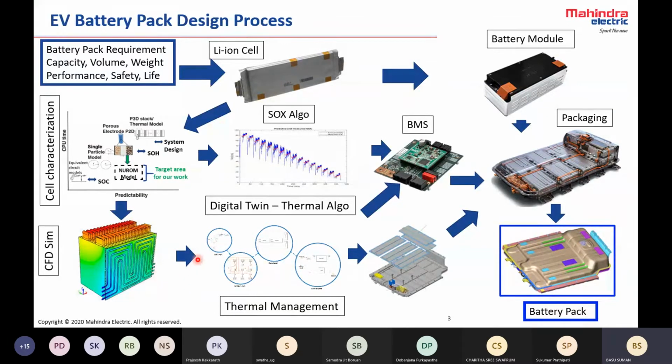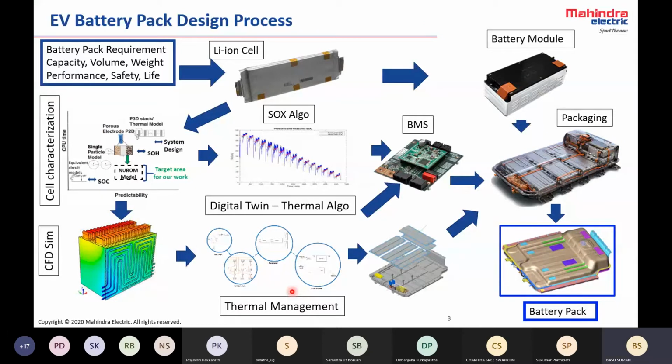So considering that these are the constraints, what we do is we make a digital twin to figure out the thermal algorithms. We have got a detailed model. We make a simplified MATLAB Simulink model. First we make it at cell level, then at module level, then at pack level, then we bring in the HVAC components, and then we try to see what is the best way of managing it thermally. Now, why do we take so much effort?